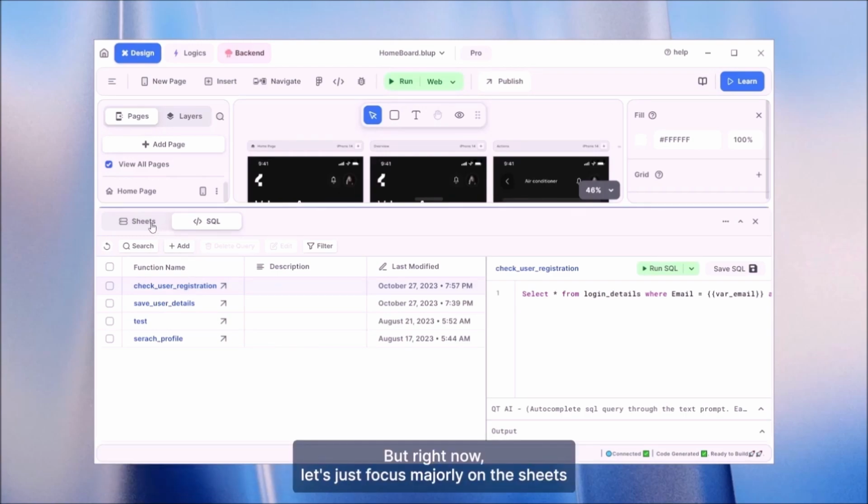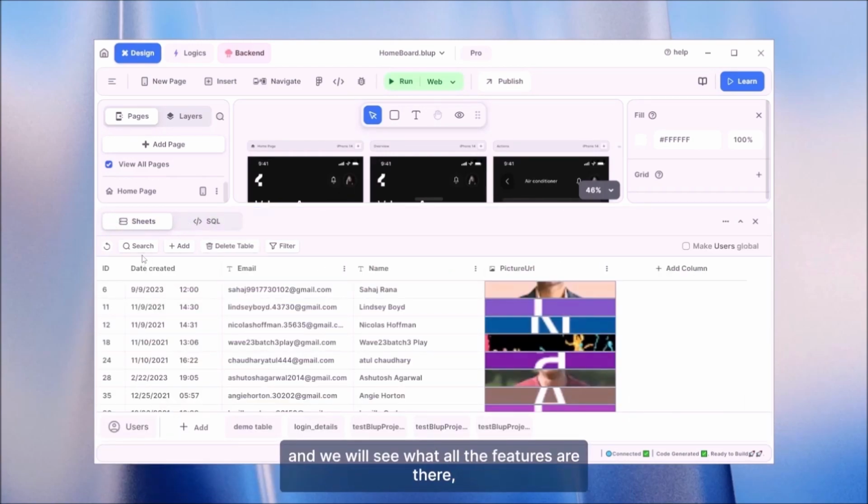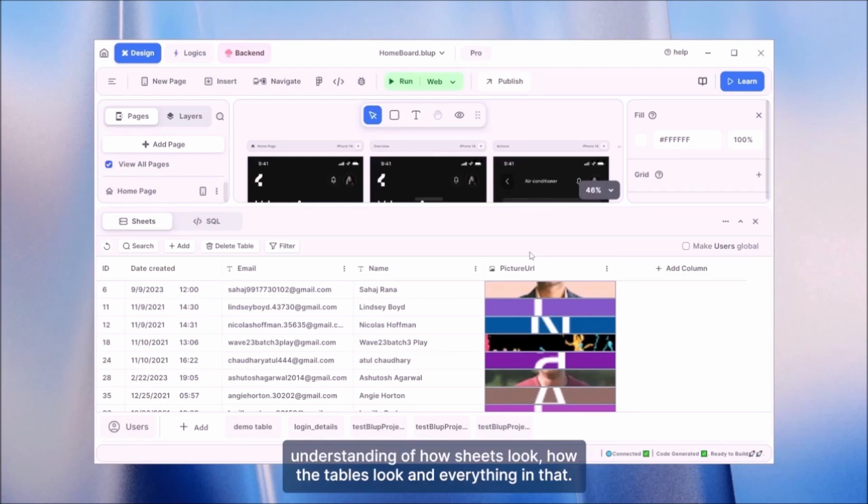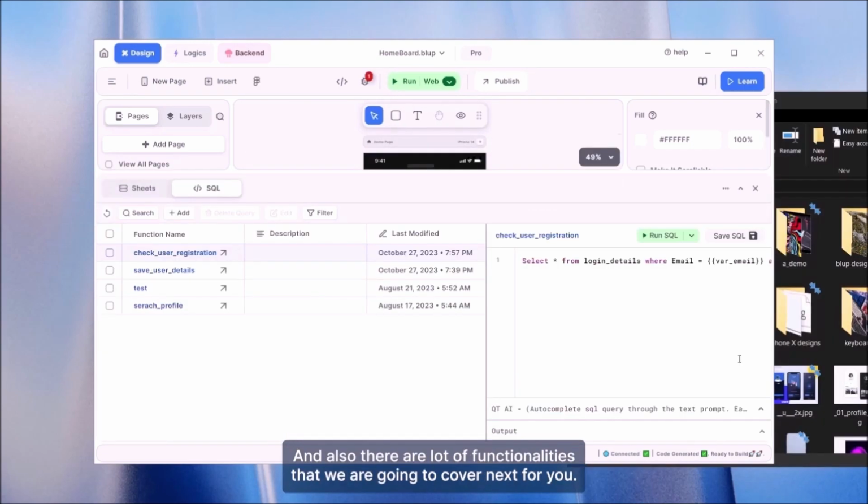But right now, let's just focus majorly on the Sheets, and we will see what all the features are that we can use in the Sheets, and we will go through them one by one so that you get a complete understanding of how Sheets work, how the tables work, and everything in that we are going to cover